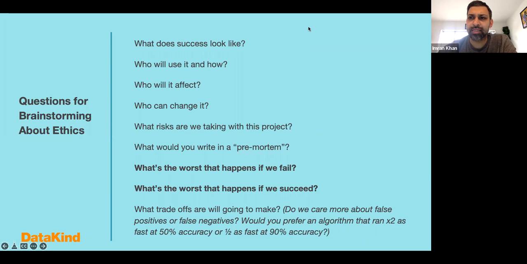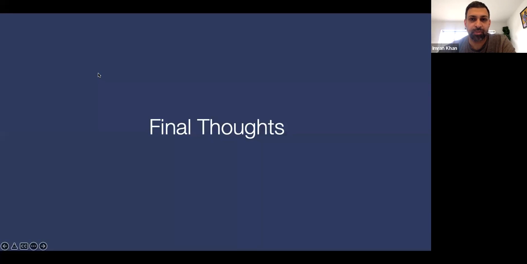So I've summarized a lot of what I've talked about in terms of ethical considerations and concerns on this slide here. These are concerns, or questions, that you probably should be asking yourself if you work with any data relevant project. What does success look like? Who's going to use my data? Or who's going to use the analysis of my data? Who's it going to affect? What can I hope to change with this analysis? What's the worst that's going to happen if we fail? What's the worst that happens when we succeed? Constantly going through this questioning, not just at specific phases, but throughout your data project, I think makes for a really good, responsible approach.